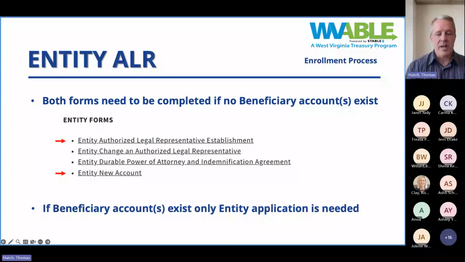The other portion of this that I would say is that if you are currently managing existing account holders' accounts and you are considering now migrating or moving to this structure, like I've been doing these under my personal name, but I think it'd be better if I did these under the company or organization or entity's name, then you don't need to fill out a new account form. Just simply fill out the Entity Authorized Establishment Form.